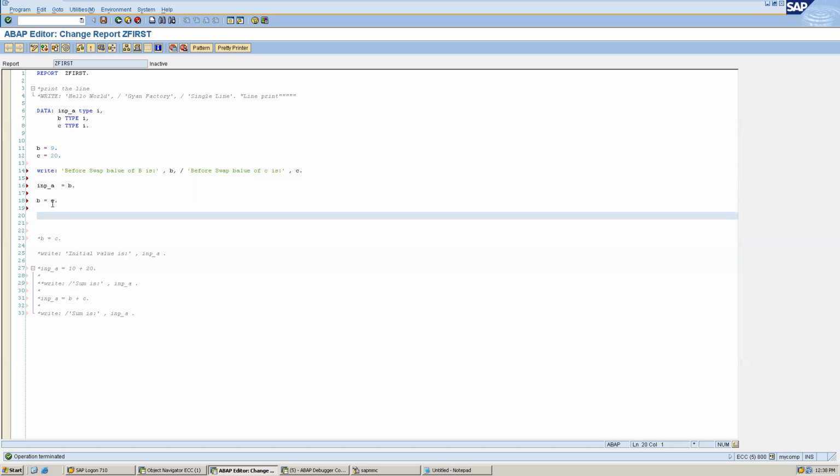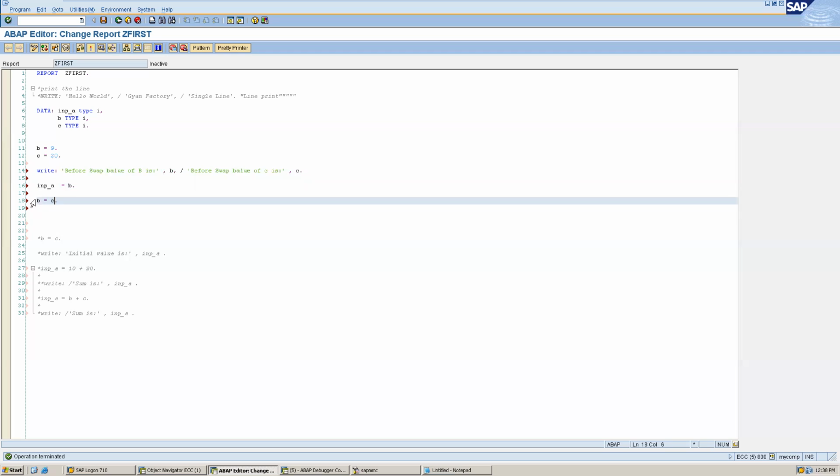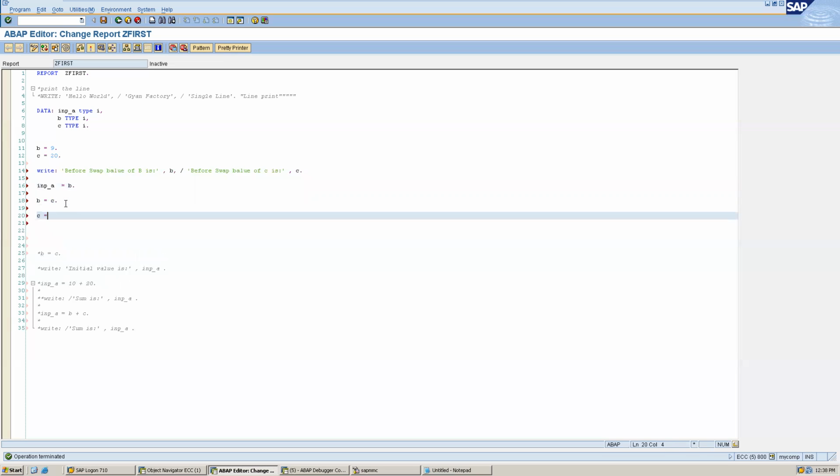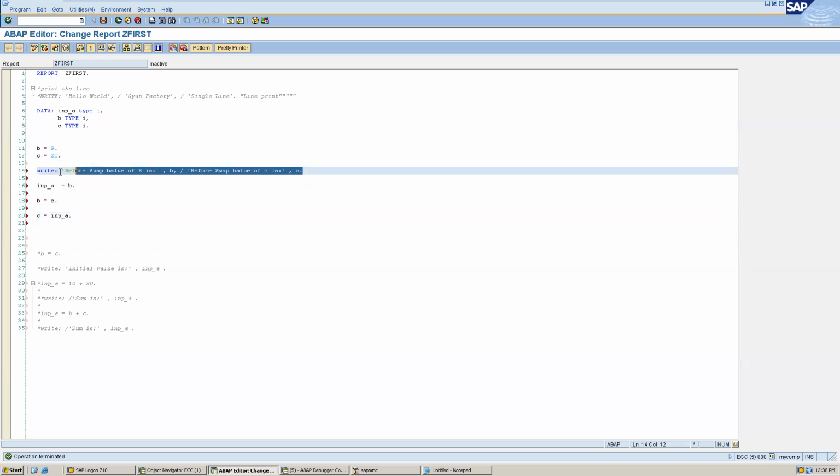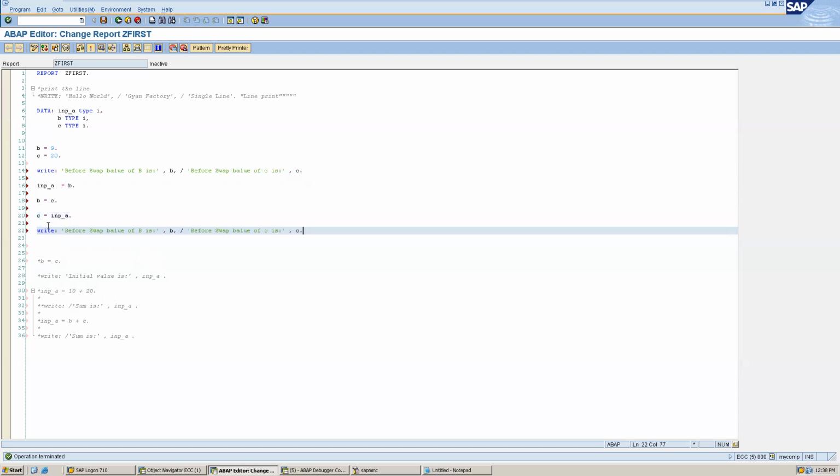Now you can see I'm doing B equals C, so now the value of B will be the value of C, right? And C equals input A. If I again copy and paste the same print statement, what will be my output the second time?